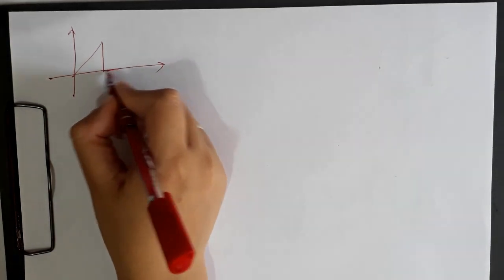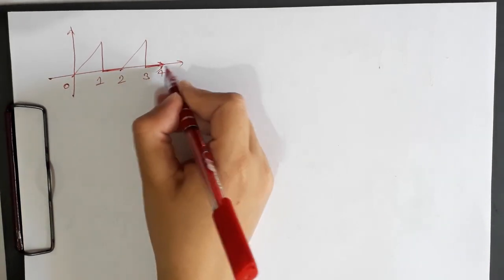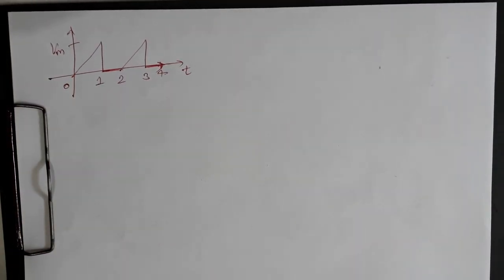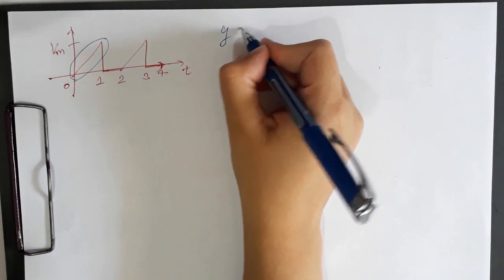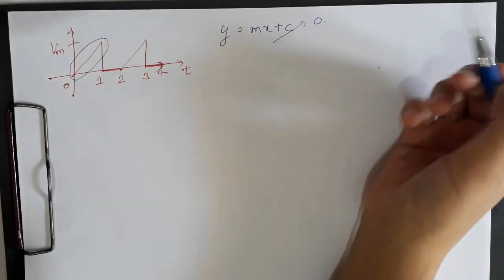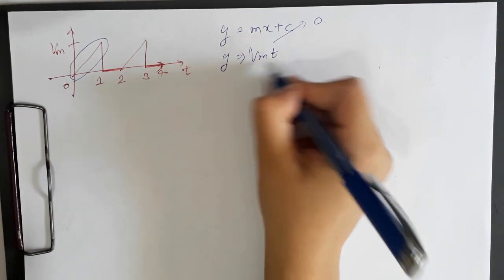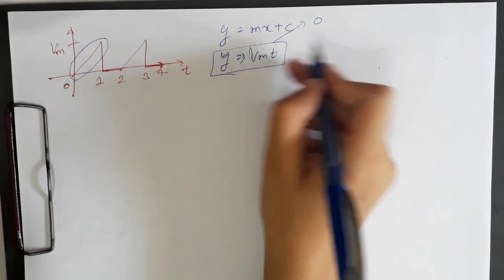Our next waveform is like this. This is also a sawtooth. This is 0, this is 1, this is 2, this is 3 and this is 4. This is our time period and this is Vm. Here again we have to find the Vrms of this waveform. First of all, the equation of this line is y is equal to mx plus c. Like I did in the last question, it is exactly the same. Here the c intercept is 0 and y is equal to Vm into, I am taking x to be t, so Vm into t is the equation of the line. Same procedure as last time, no variations. y is equal to mt.